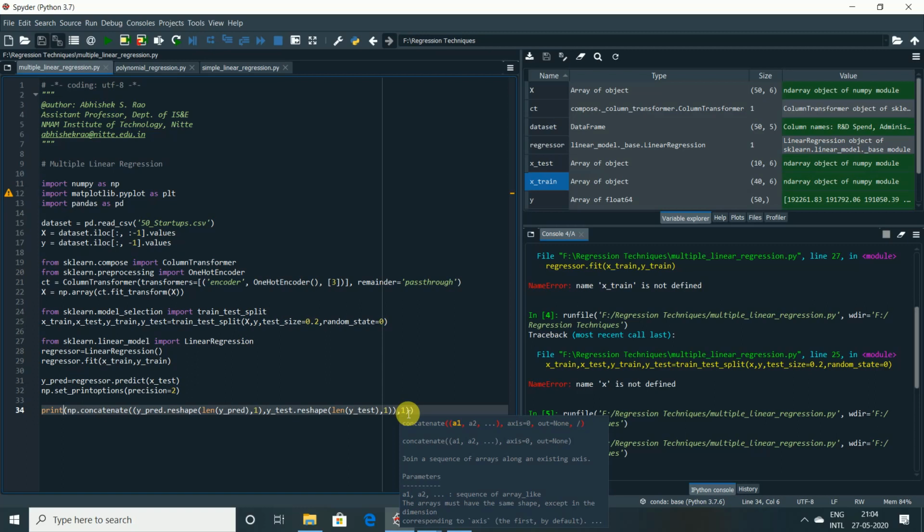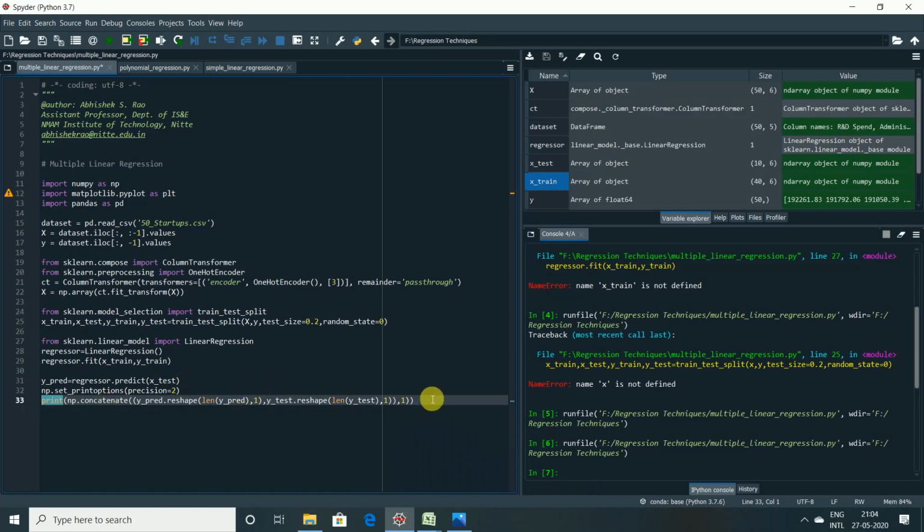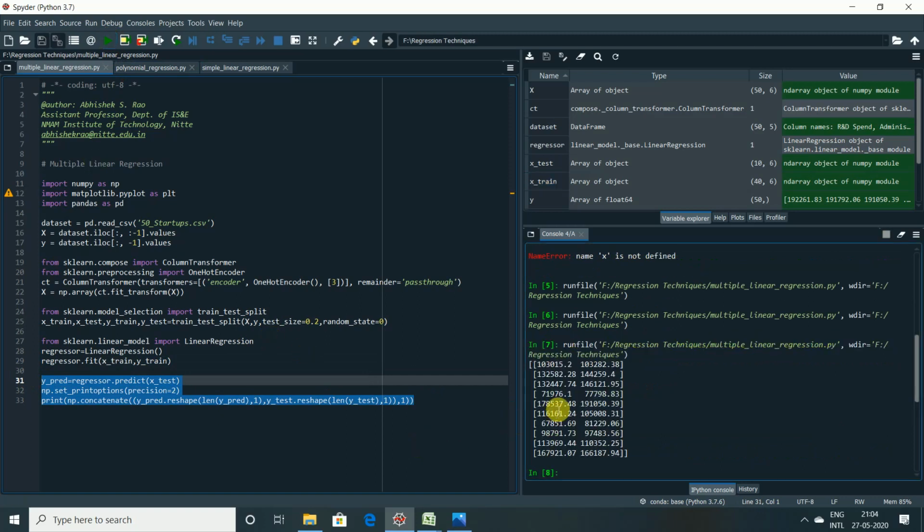Now let me execute these 3 lines and let us see the predicted output. We can't visualize this, that's why I'm doing all these things. You can see here, this is the predicted and this is the real value. From the output, we see the multiple regression is well adapted to the data set. You can see 1030, 1032, 13258, 144 are quite large, but the rest of the values are almost adapted for the given data set. Not bad, not so good also, but it's okay. It depends upon the data set and the values in the data set.